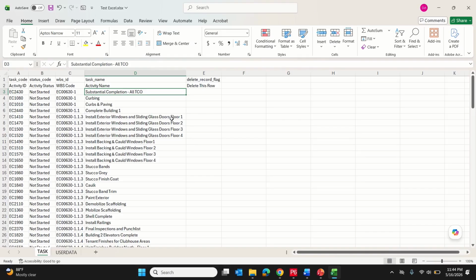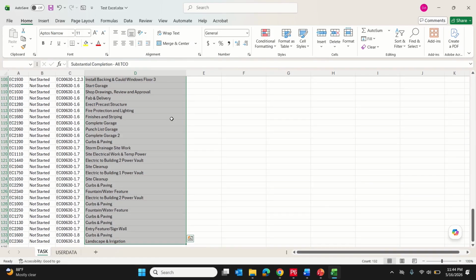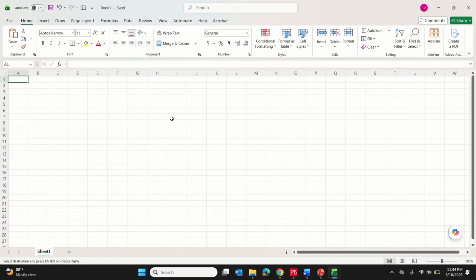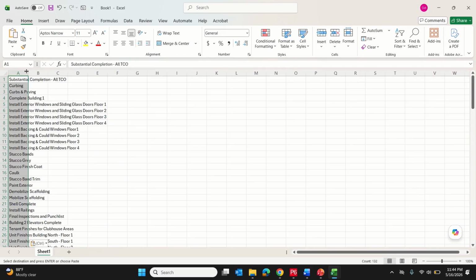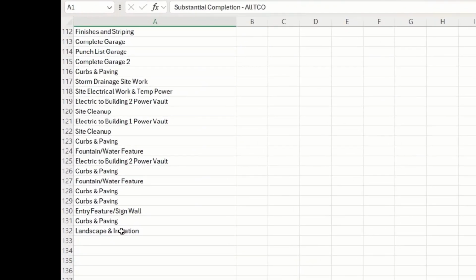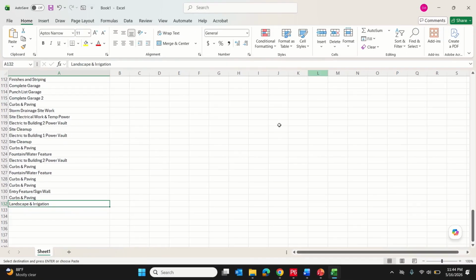What I will do is select all the activities same as before, Ctrl Shift down arrow, open a new Excel file by Ctrl N and paste these. I can see that the last activity is in the row 132.